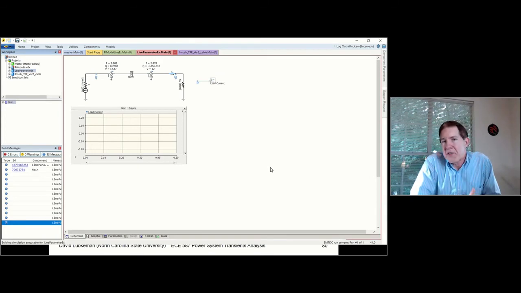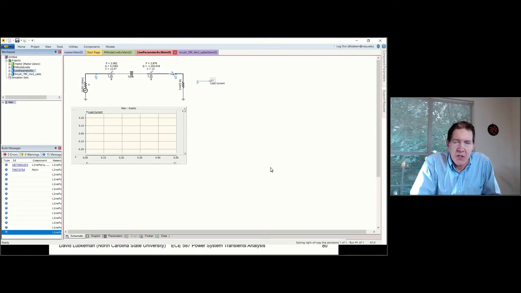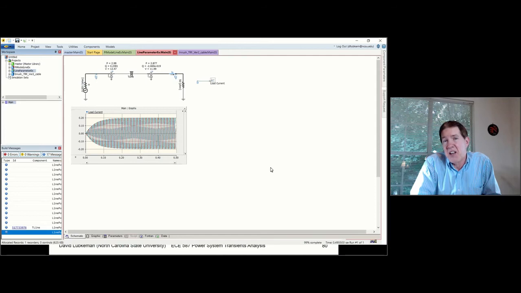You can think about this as being one step beyond the coupled pi model. It involves a little bit more computational overhead. It should give you some better results. If you're working at lower frequencies, it probably won't make much difference, but if you're working at higher frequencies, like looking at lightning strikes and stuff like that, then you really need to have this particular type of model,